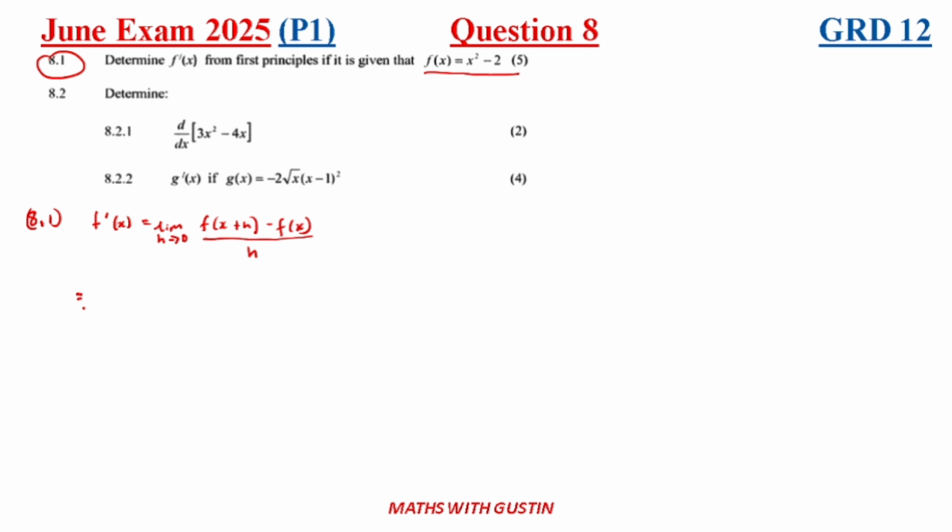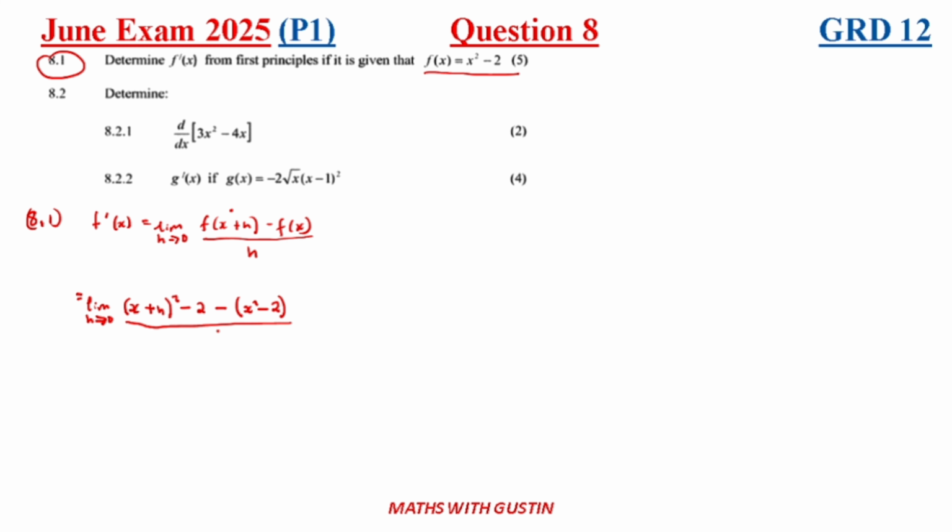Where there's x, we're going to put x plus h, but the x is squared, therefore we square it, then minus 2, therefore minus the whole f of x, which is in brackets, x squared minus 2, close bracket,